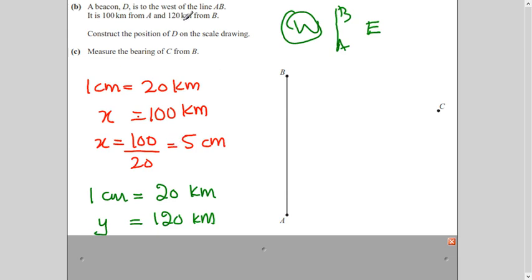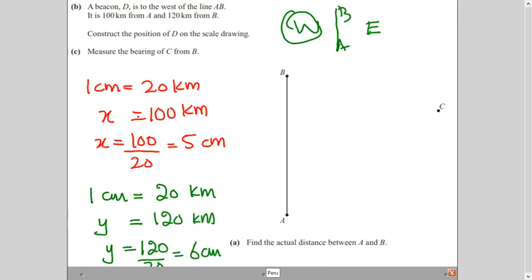So we have to change these kilometers into centimeters because we have the diagram in centimeters. So you can write the relationship which is given in the scale and then change this 100 kilometers into centimeters. So simple calculation and I got 5 centimeters. So I will draw a line 5 centimeters from here. How? That I will teach you. Similarly, I'm changing this 120 kilometers also into centimeters. So here I'm doing it. And again, simple calculation and you get it here as 6 centimeters.